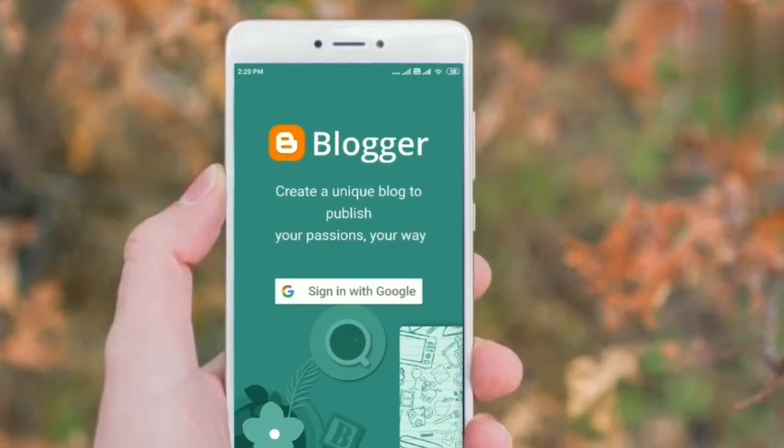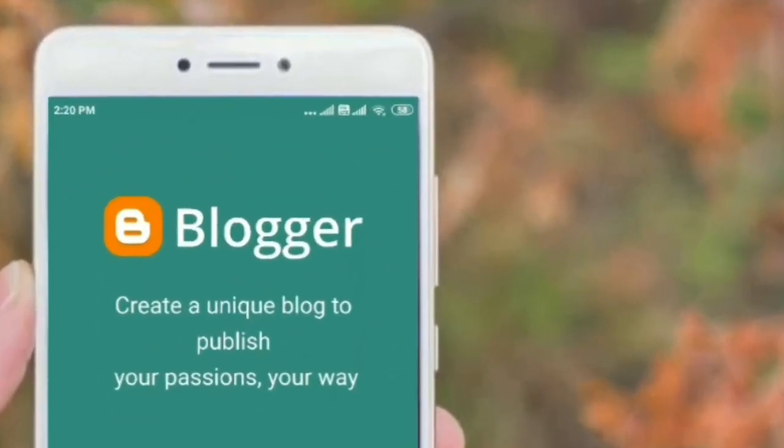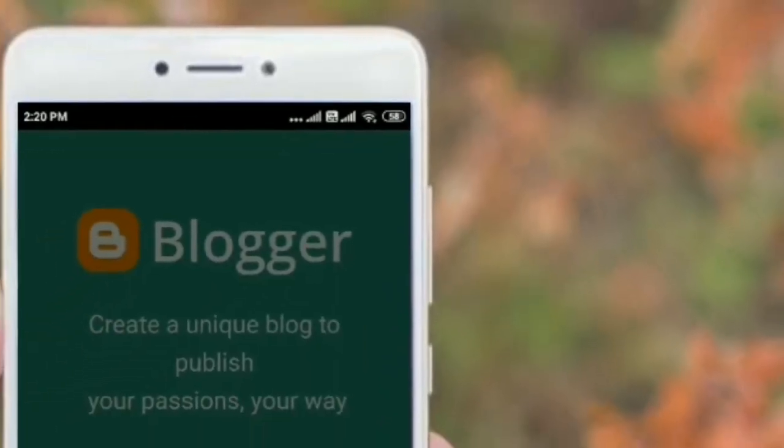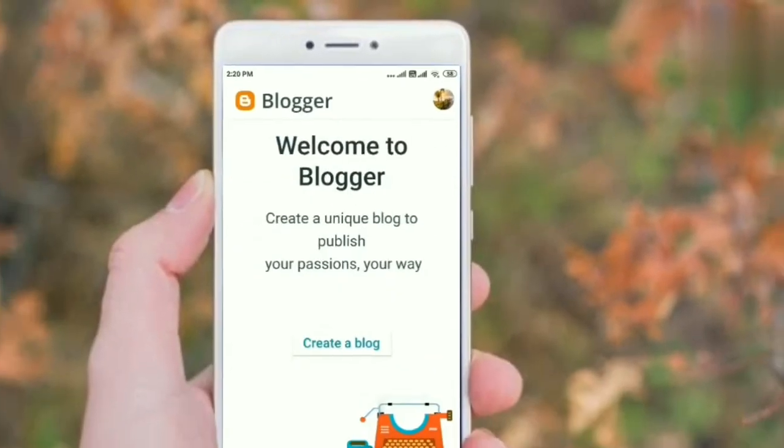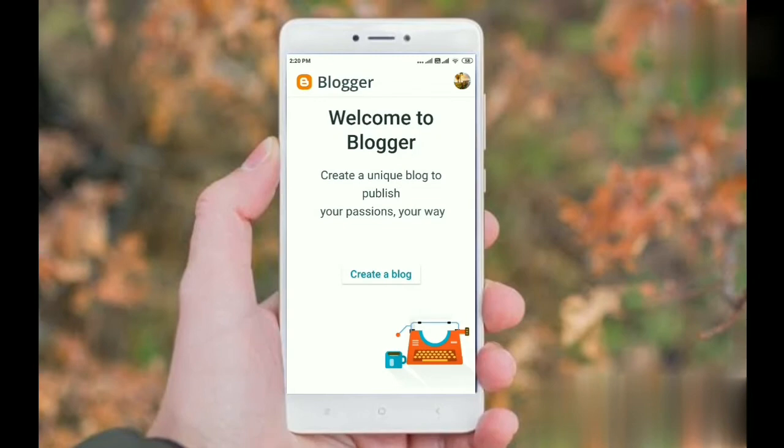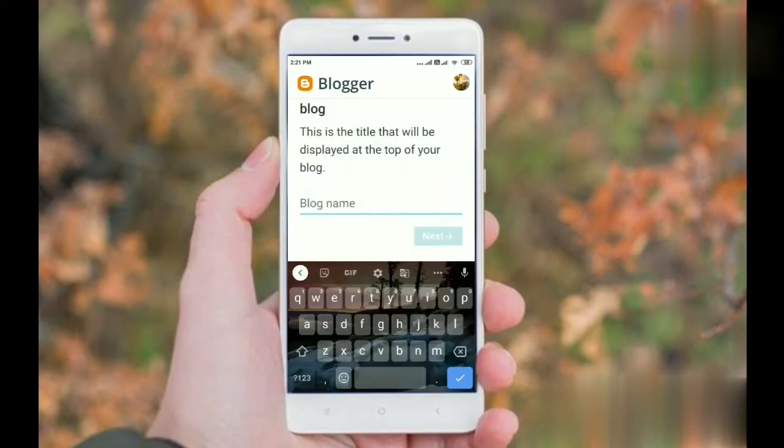So first we need to sign in with Google. We sign in with an account. After sign in, then click on create a blog. This is the title that will be displayed at the top of your blog. So for example,